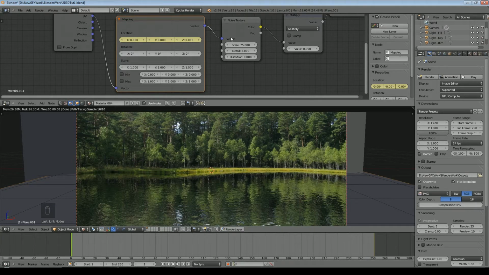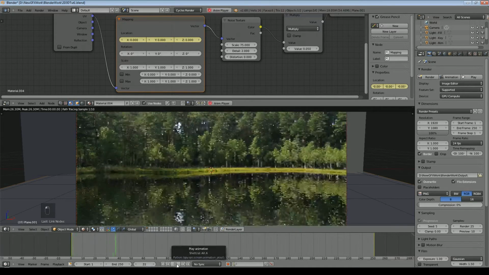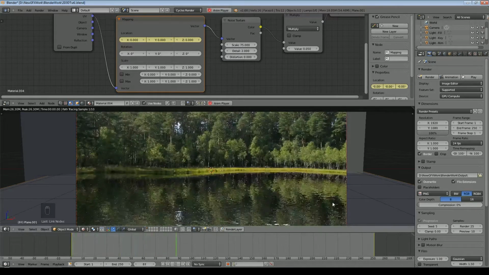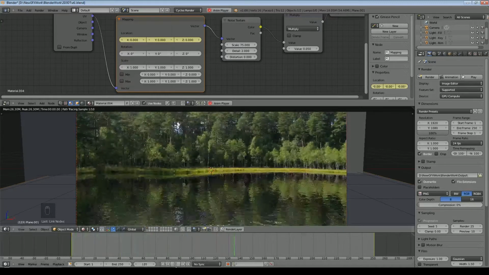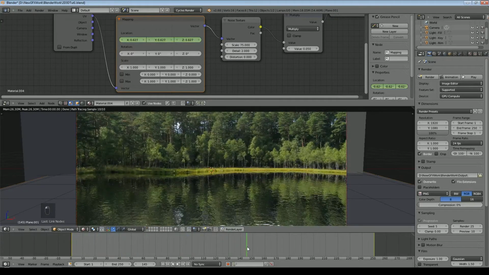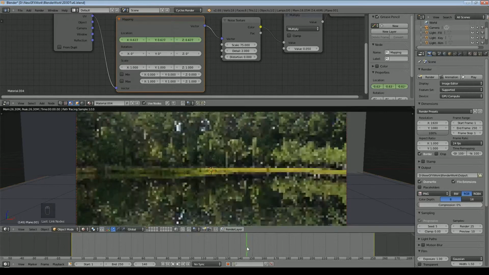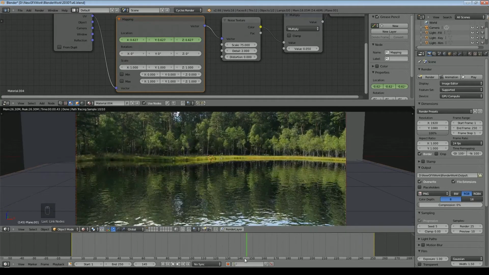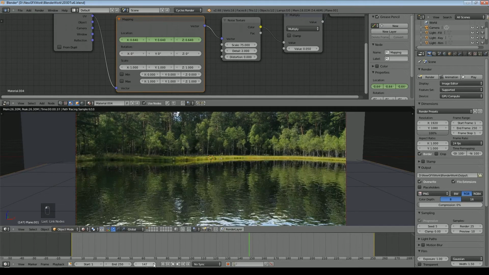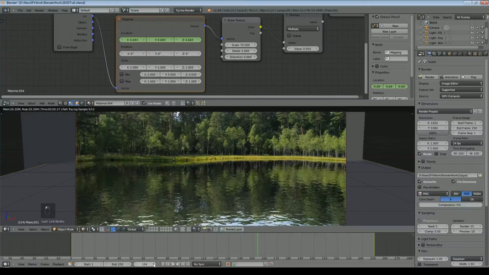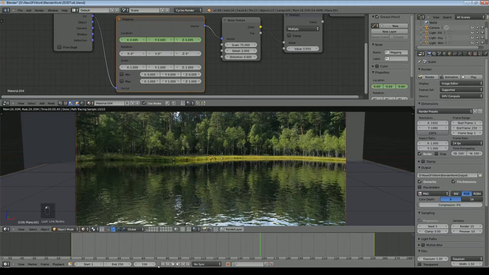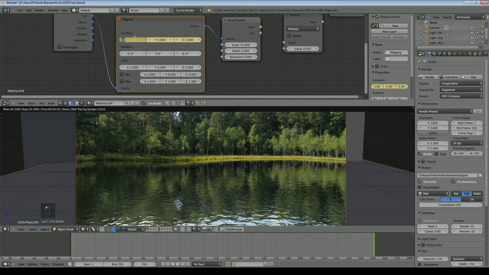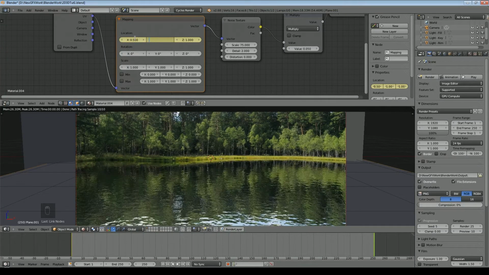The main point is not to go to too big a number because it'll just be rippling way too fast. So we can sort of see, it's difficult to see, but we can sort of see that things are going on there. They may be too fast, and you'll just have to play really with the numbers that you want. You can see, for example, if you look at some of these highlights down here, you'll see them moving as we go through frames, and that gives you an idea as to how fast. And then they're moving quite quickly actually. In all probability I might set that to less than it is, so 0.5 for each of them.